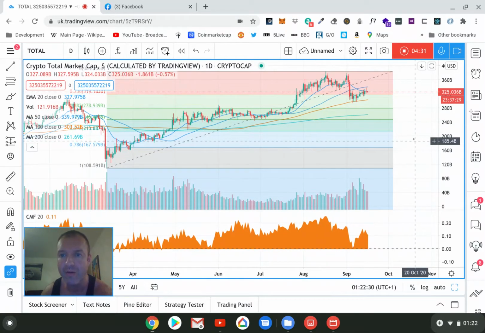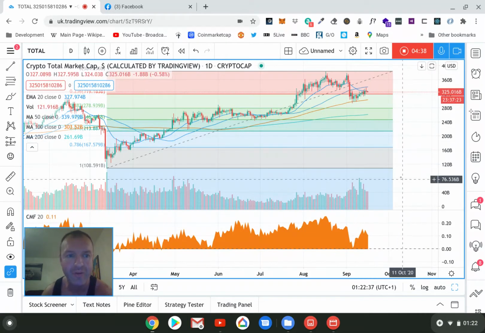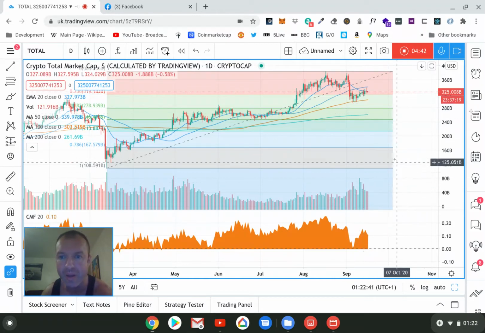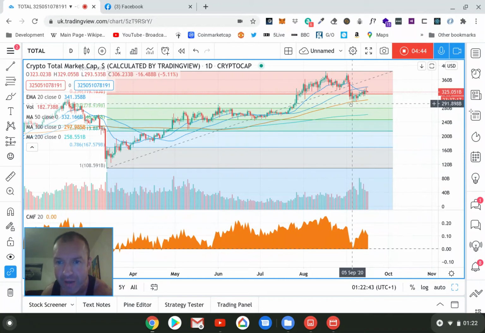We had a lot of money on the sidelines, a lot of money into options and people buying the dip. And we touched again on that 100 moving average. It's not talked about as much as some of the others, but you can see here, perfect test of the 100 moving average. 1, 2, 3, 4, 5. 5 times we tested the 100 moving average. Then we closed above it, and we've closed above it again and again and again.